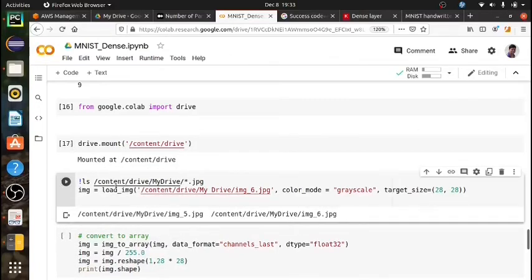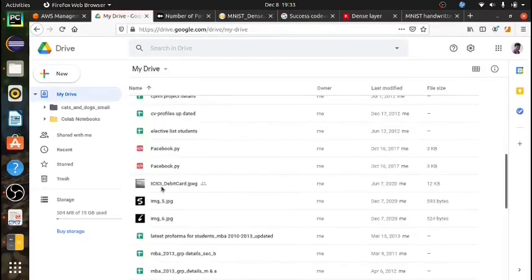Now you can see that I have done ls, and in the particular directory it is showing 2 images. Now I have loaded one of the images, image6.jpg, which shows the image of digit 6, right? Let's see.